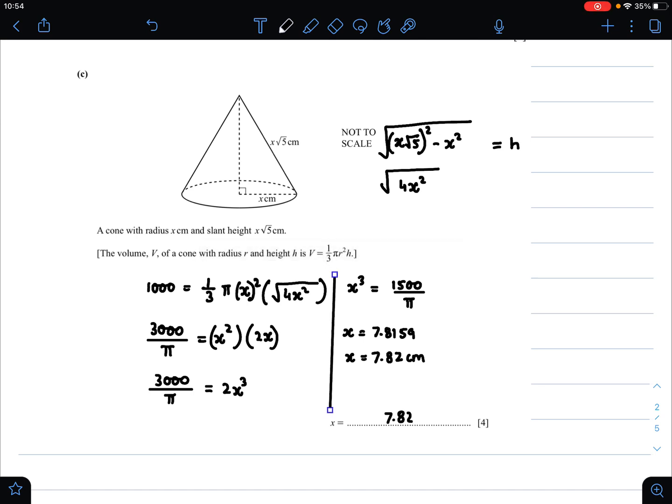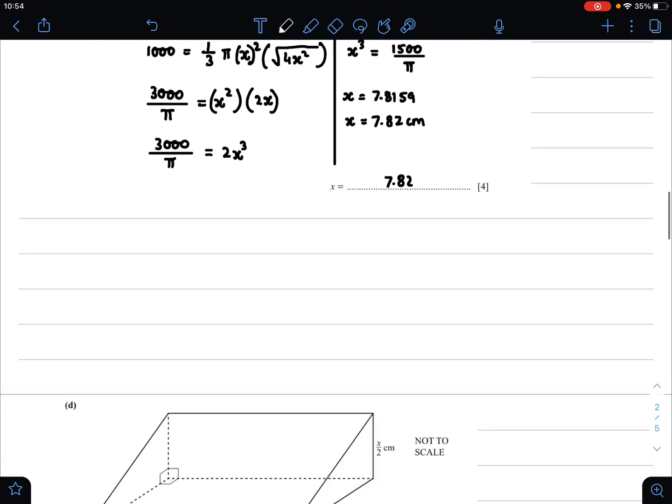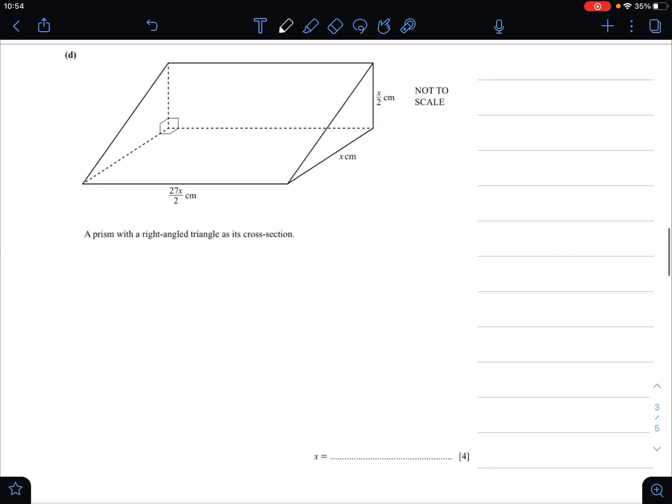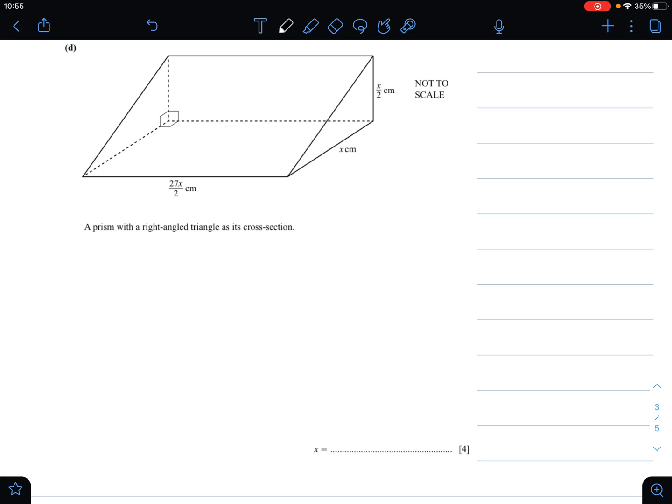Now let's move to part D of this question. So for part D, they are telling us that a prism has a right angle triangle as its cross section. Now the volume formula for the prism would be the area of the base into the height. Now in a prism, the triangular side is usually the base. So the formula for the volume of a prism would be half multiplied by the base of the triangle, which is x by 2, multiplied by the height, which is x,